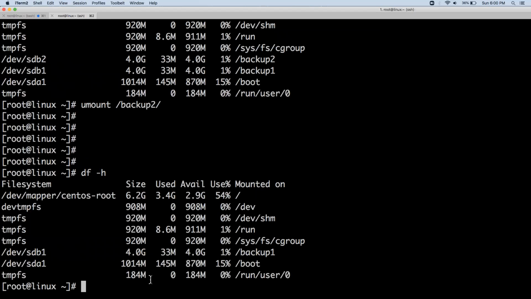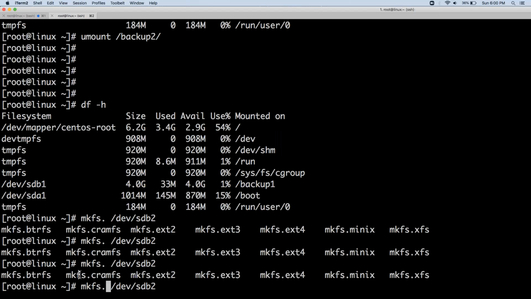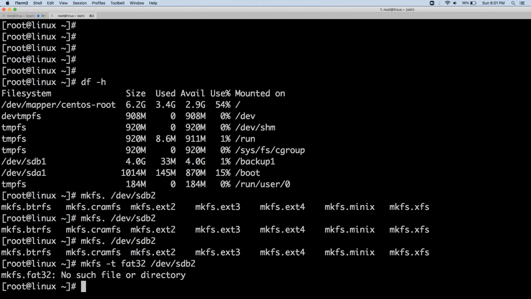Now I want to make this SDB2 and format it into FAT32. How to format? mkfs. This is another command here. We already did that. If you type mkfs, there is ext3, ext4, btrfs, all of them. Then type -t FAT32. No such file or directory for FAT32. If it is not there, you have to install it. yum install mkfs